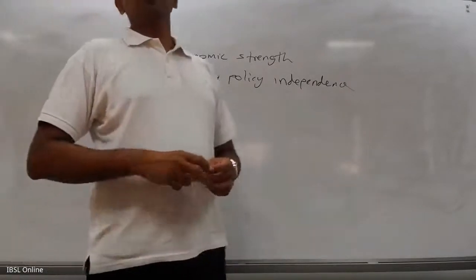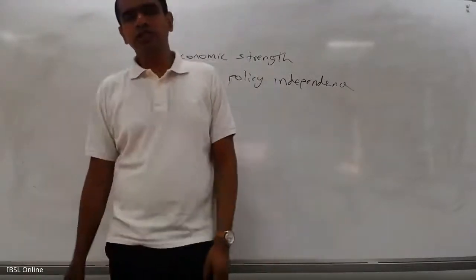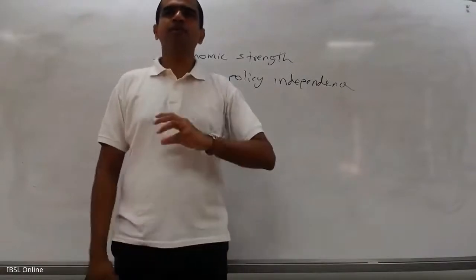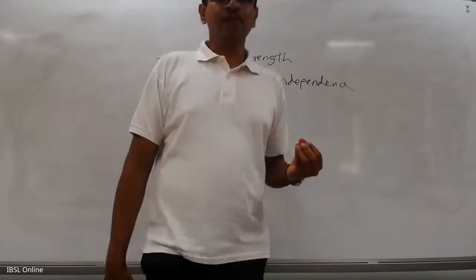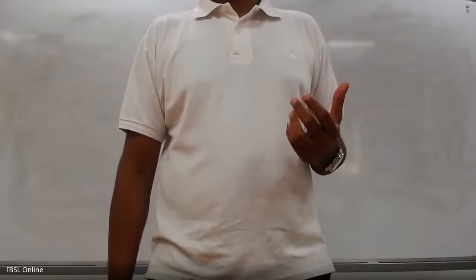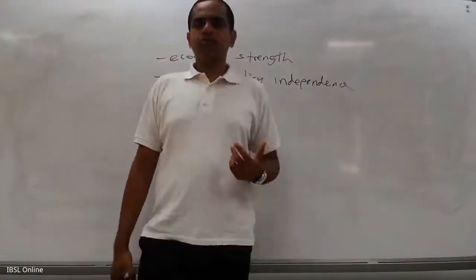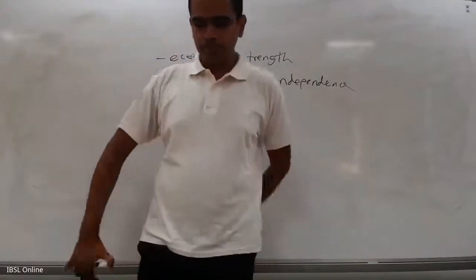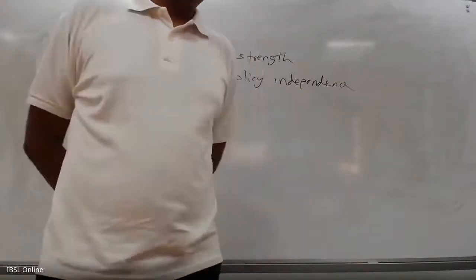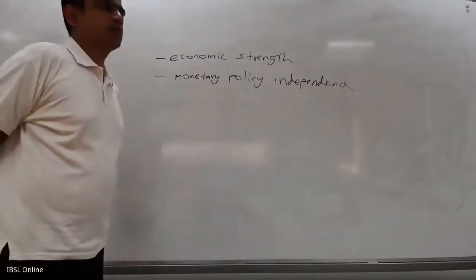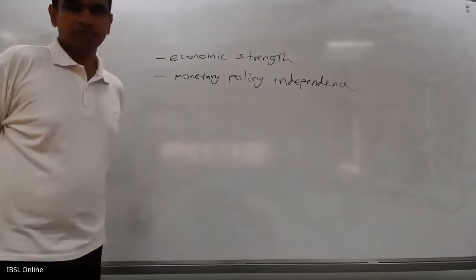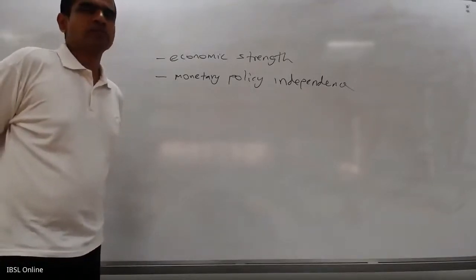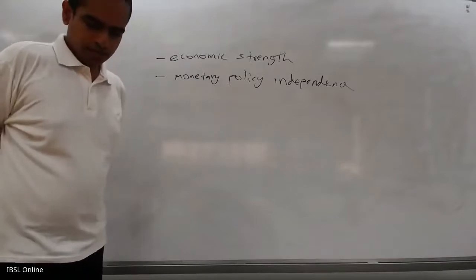And if the entire world was using one currency, you would lose monetary policy independence. Zimbabwe had the choice of deciding what to do. If the whole world was using one currency, they could never have printed money. Now, take for example the Eurozone. Greece defaulted on their bonds. That happened in the Eurozone.